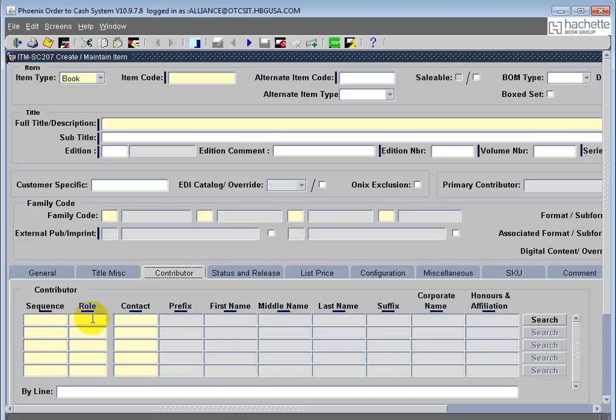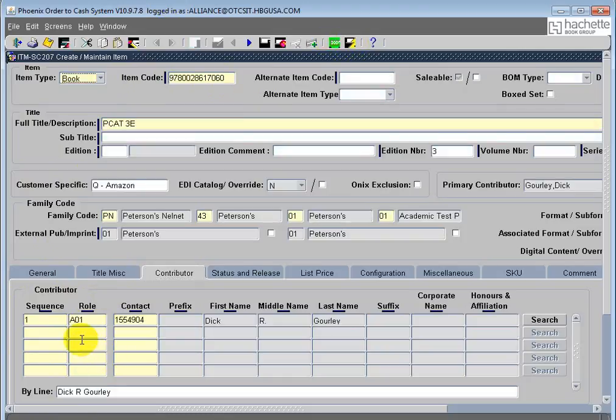There is one contributor tab here. You can see the contributor tab. There is a sequence number, which is nothing but a random number like 1, 2, 3. You may have multiple contact entries for a single item ISBN, so that information will be populated. The role is nothing but by author or by editor. Just click that, let's see what the roles under contributor are. I think it's the same concept. Okay, here, role A01 is nothing but, let me.